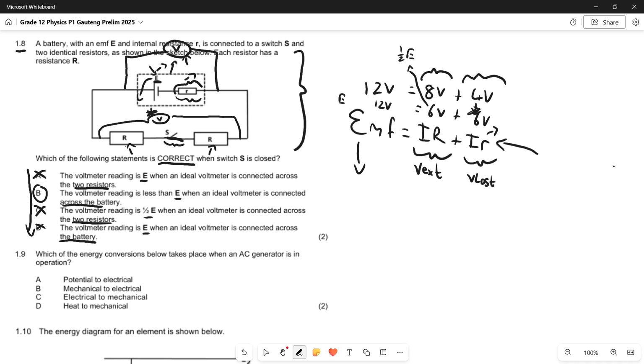And then we're going to see that the voltmeter reading is less than E, which makes sense when an ideal voltmeter is connected across the battery, which is the slight variation of D. Because we have lost volts, therefore the reading over here might be something like 8 volts, even though we have 12 volts EMF, because we are losing some due to our V lost over here, our I times our little r over there. And that is why B does work for us in this situation and is our final answer